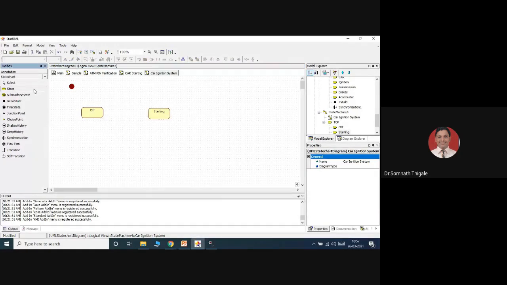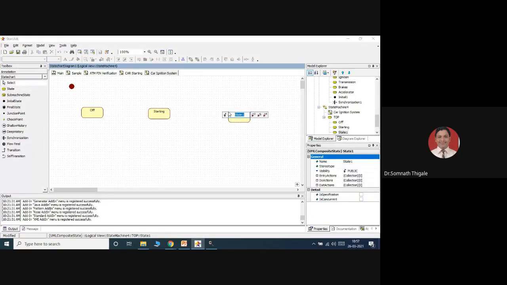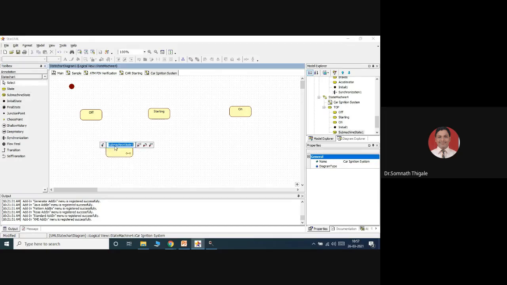Next possible state I can represent as ignition already started, so that is on. So I can represent it in simple point, the submachine state. If you want to represent, these are some parallel activities. You can represent either with submachine also.